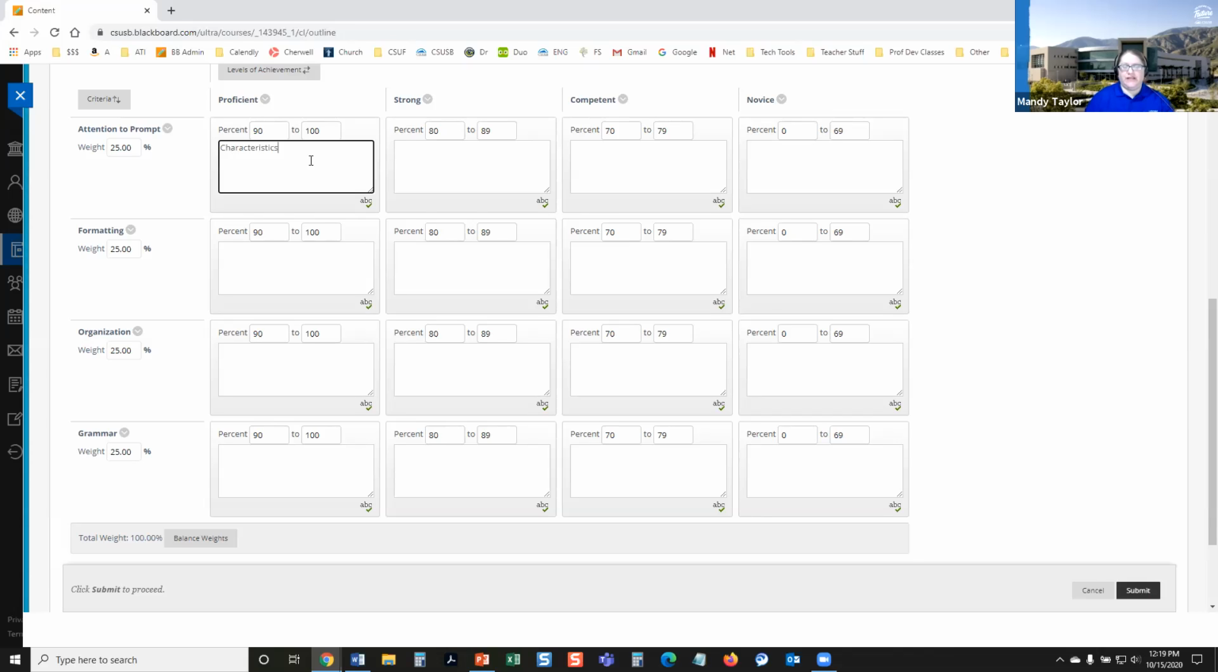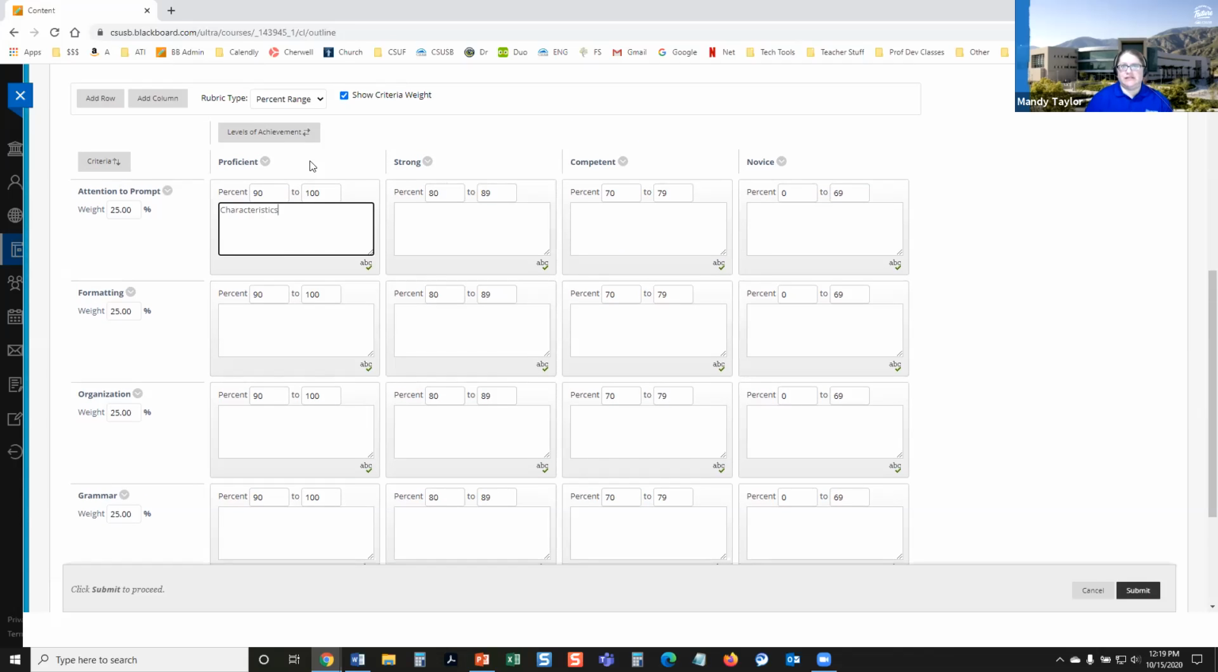You don't have to answer me right now, but this is something you need to answer for yourself while creating your rubric. What does proficient attention to prompt mean? What does that look like? How could students do that on their paper? So everything needs characteristics. I'm just going to copy that in, and you would do that